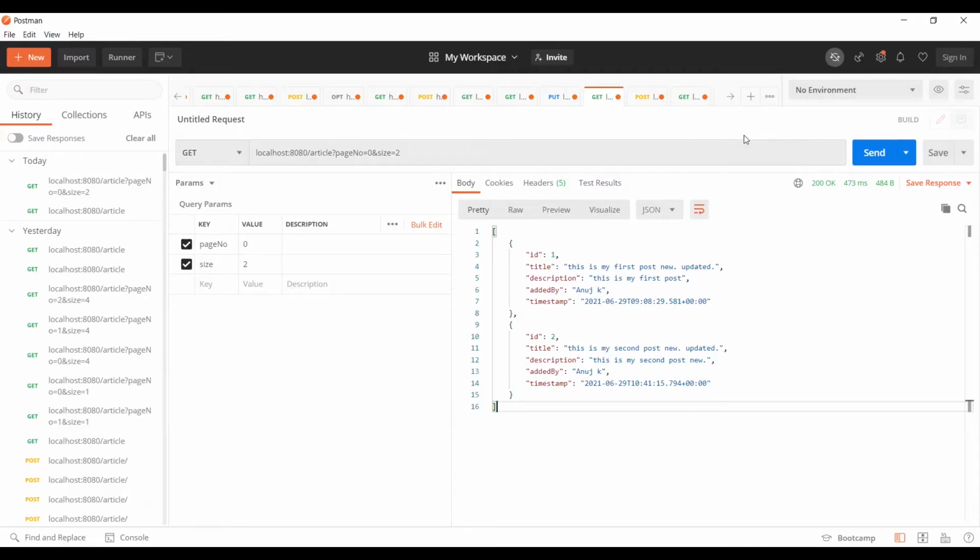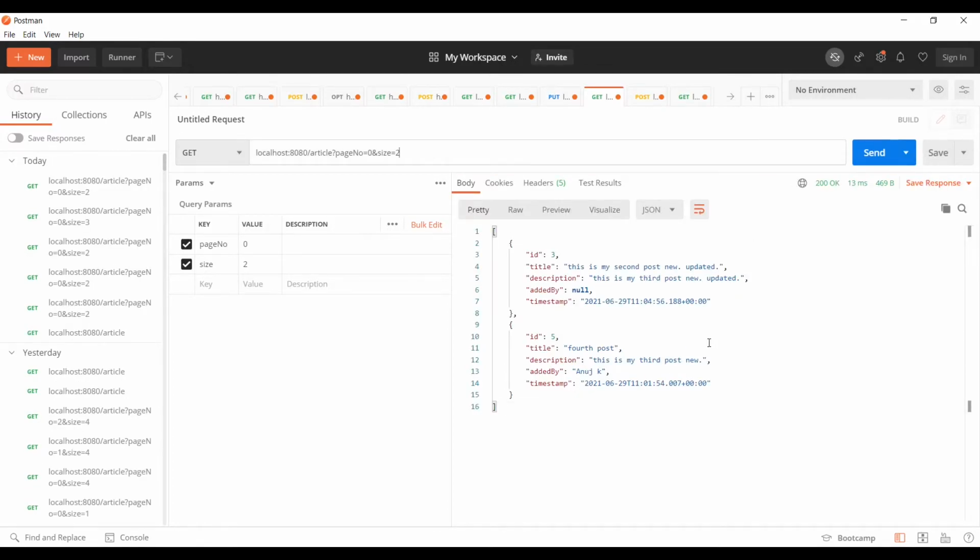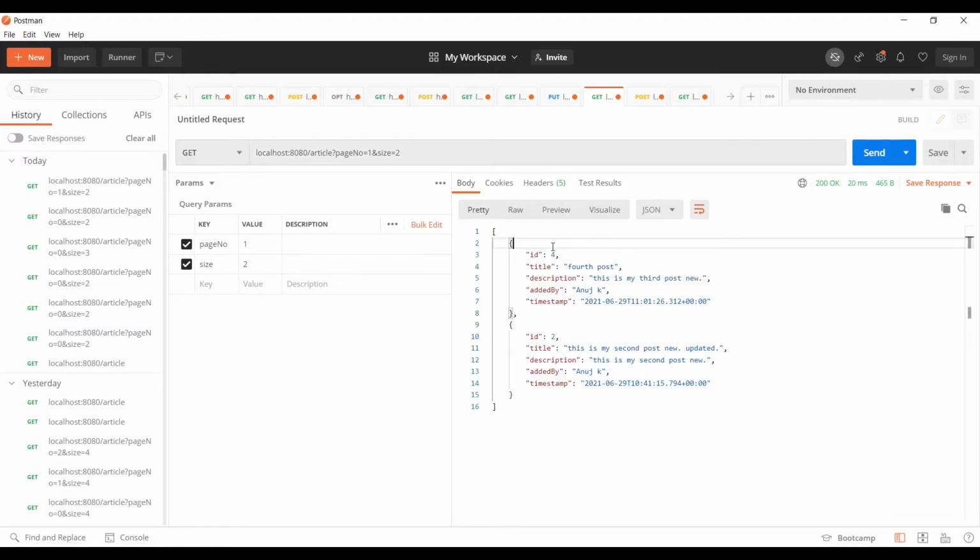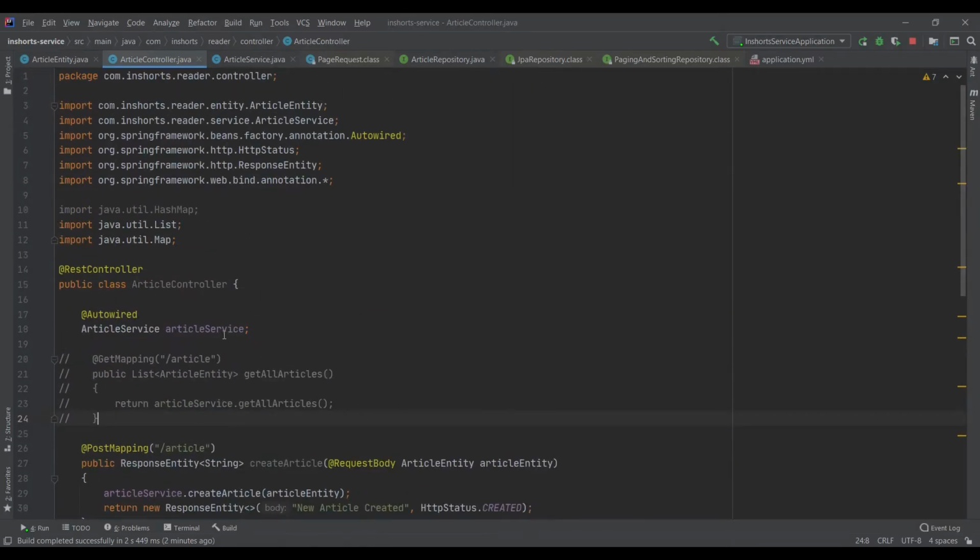Now if I hit the same request, we should get this in the descending order. The order has changed and it's giving us the descending order. Just don't check out this ID, because we did a put operation also which changed the timestamp of these articles. So let's add page 1 and it's giving the next page. In this way you can use pagination and sorting to get some specific results and not all the results. So finally, let's check out how we can resolve this problem.